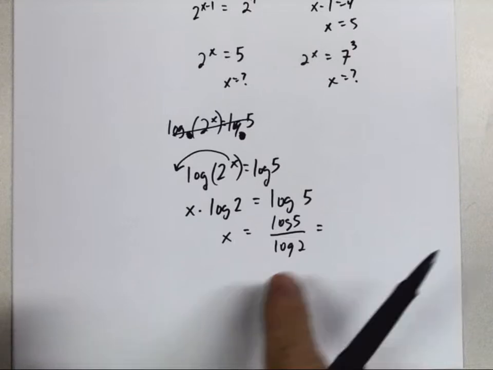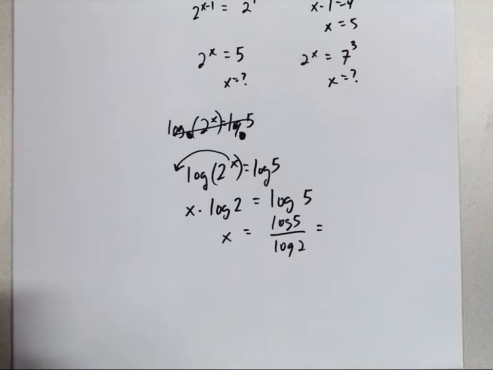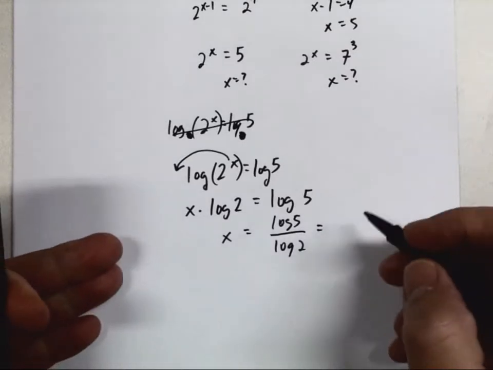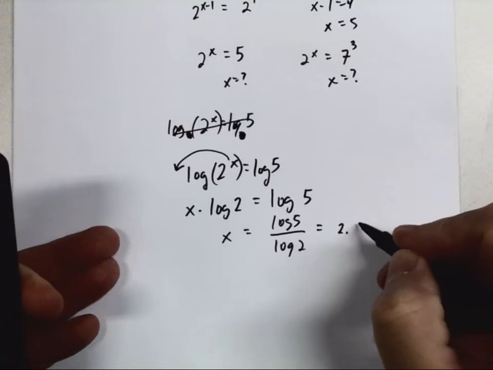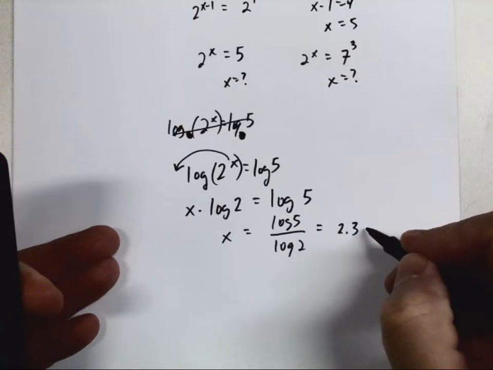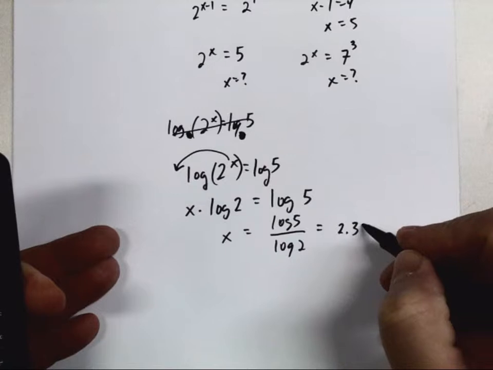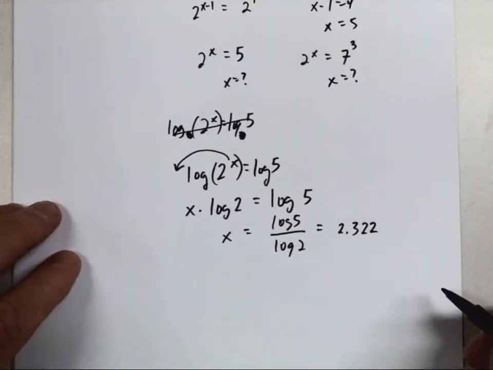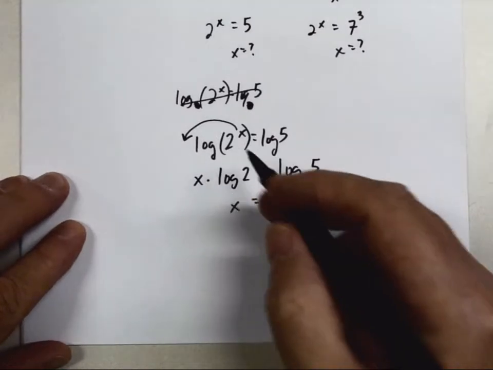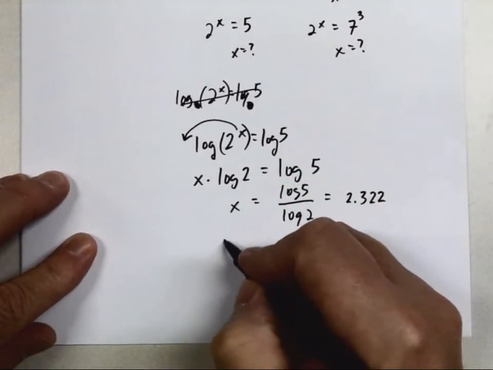So log 5 divided by log 2, let me round it to 3 decimal places. This is not an exact number, 2.322. And just for fun, we can see if that's correct. Here was our